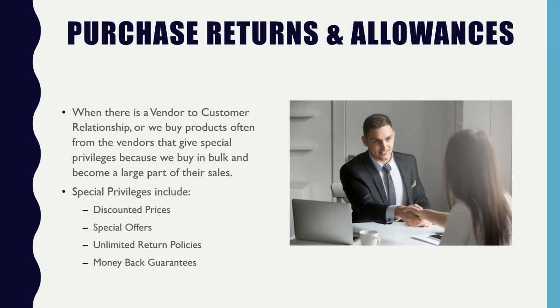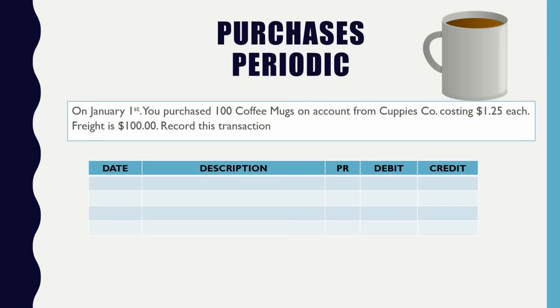But not all manufacturing companies are like this, okay? But typically when you are the vendor or the manufacturer and your customer is us as the retailer, you're more likely to want to do whatever it is to make sure that your products are being sold, because again, we buy in large quantities. So we are a customer in demand. So with that being said, we're going to be introducing what happens when you need to make a return. But first, let's go ahead and journalize this transaction.